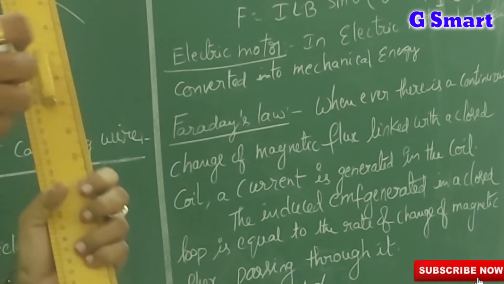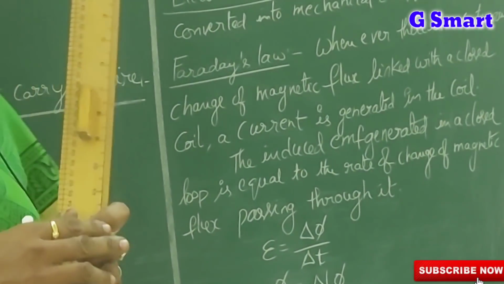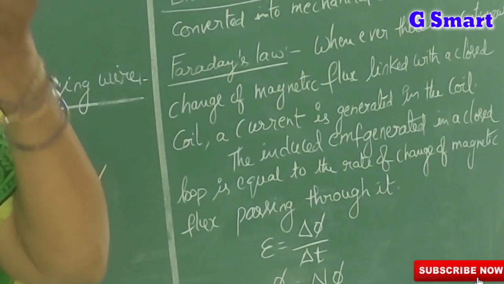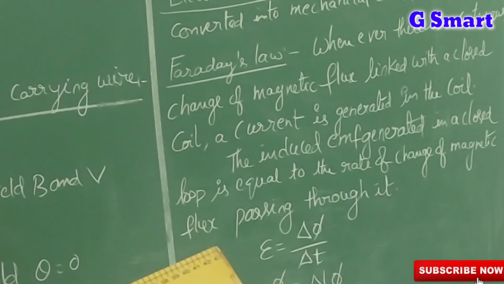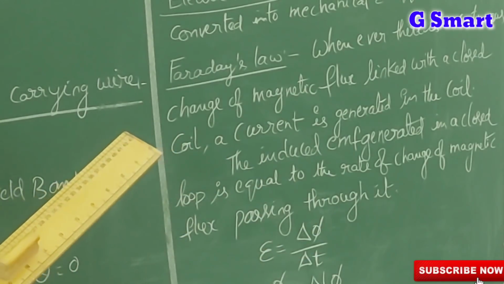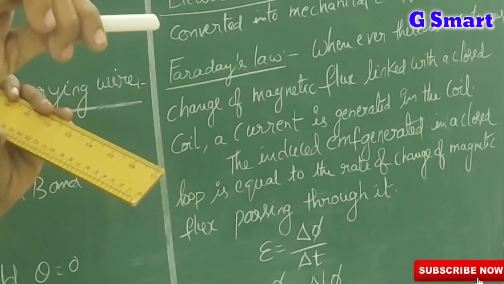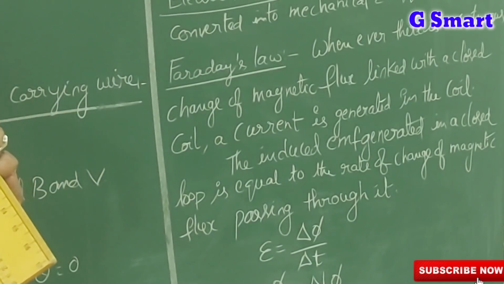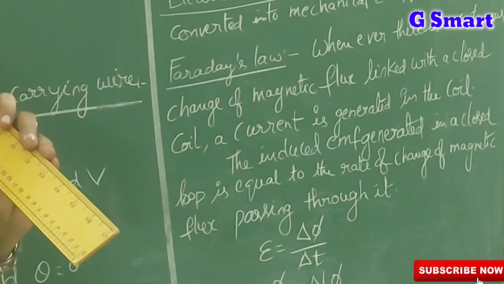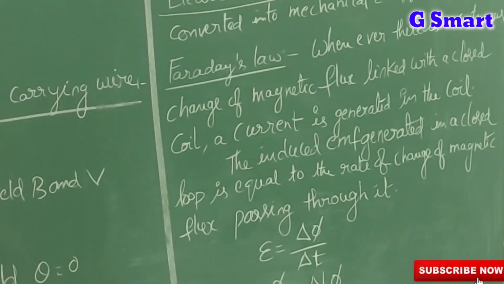Take a coil with its two ends connected to a galvanometer. Why do we use a galvanometer? A galvanometer is used to find currents of minute values. When you bring a bar magnet near that coil, we can see a deflection in the galvanometer. If you move it backwards also, you get a deflection. When the magnet comes near or goes away, the deflection changes in the opposite direction.